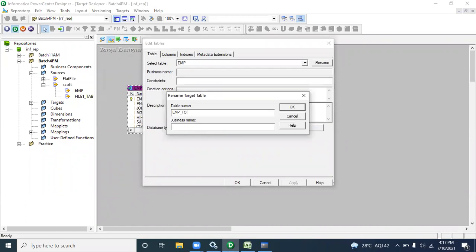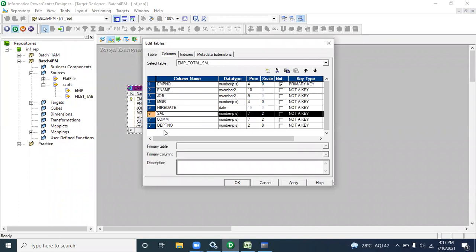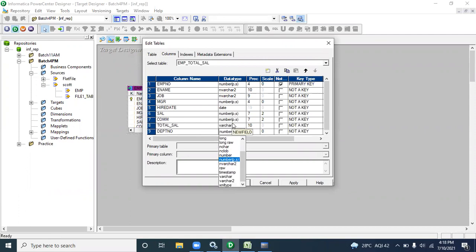So emp underscore total sal, and I have to add one column here, total underscore sal, which should be number with precision 10, 2.